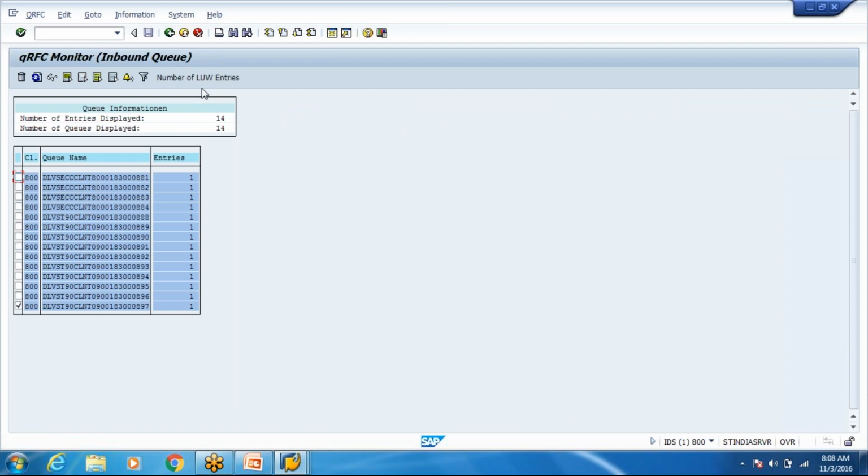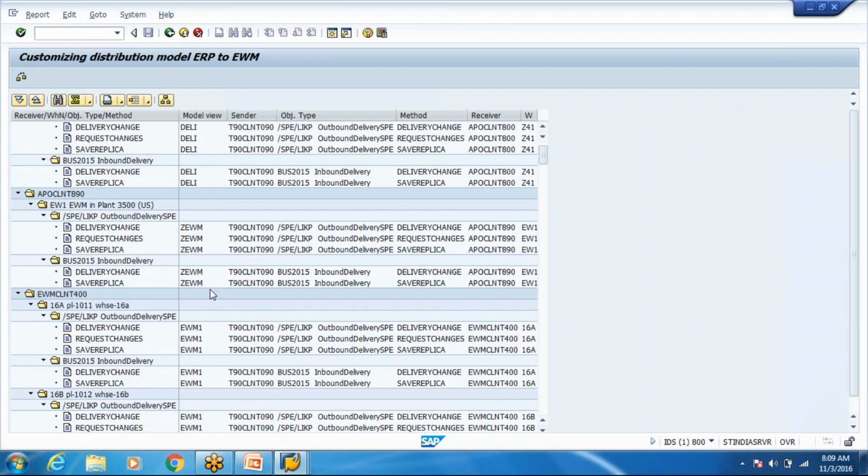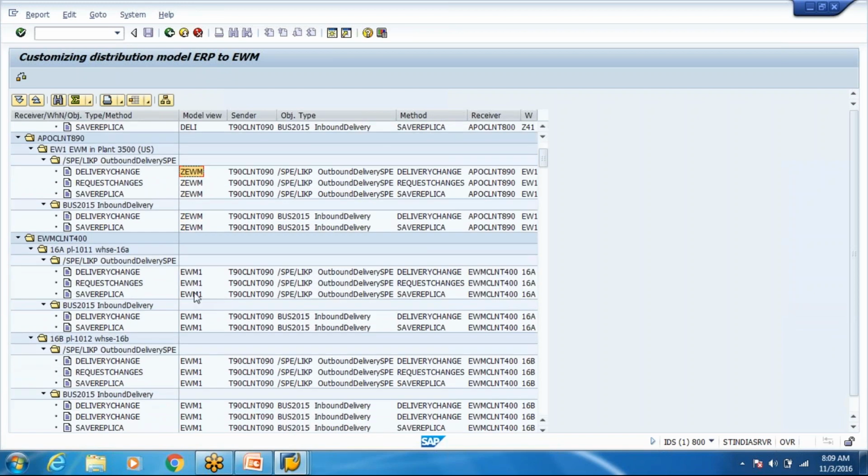For sending the deliveries, there is just one thing which controls that, which is your distribution model. In the existing system, we have checked that the distribution model which is mostly used is EWM1, or ZEWM, and EWM1 is the one I see used a lot.